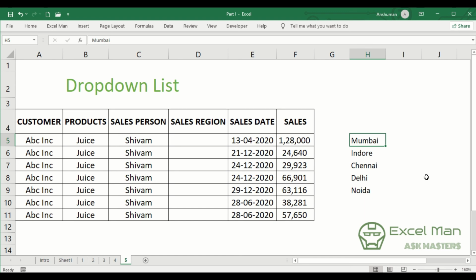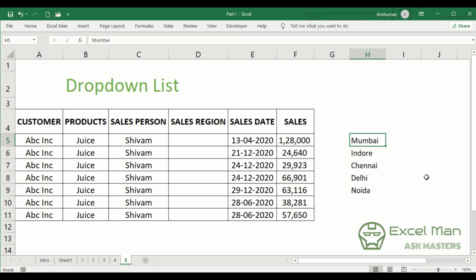What I have seen in my sales data is that people will sometimes enter it as Bombay, sometimes they will use an abbreviation such as MUM, or simply BOM only. So what this does is, after the entire data entry, it makes my data non-analytical. That means if I want to use a pivot table, then I will have four different sections for Mumbai: one for the entire spelling of Mumbai, second for Bombay, third for MUM, and fourth for BOM. And maybe if someone has made a spelling mistake, then I will have a fifth or sixth line item as well for only one city, and that will make my data non-analytical. I am not able to perform any sort of analysis on my data.